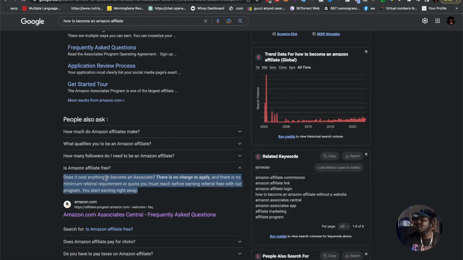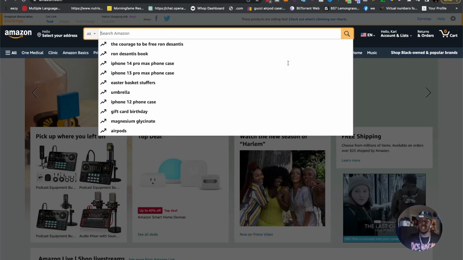And here's why I say Amazon, right? Because Amazon affiliates, there's no charge to apply. There's no charge or like a minimum quota that you have to meet. To put that in perspective, a lot of affiliate programs, like I would have to submit my YouTube page, and honestly, with over 100K subscribers, I usually can pass and get into most affiliate programs. But a lot of affiliate programs don't just accept everybody, right? So that's something you got to keep in mind. But with Amazon, they do, right?